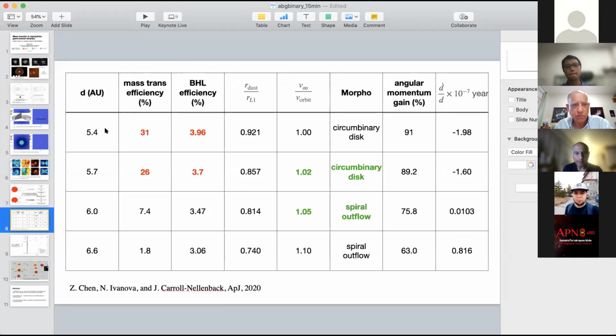Okay, but can you give me a number in solar masses? So if the mass loss is 1 solar mass, then 0.2 solar mass should stay in the middle plane. No, but